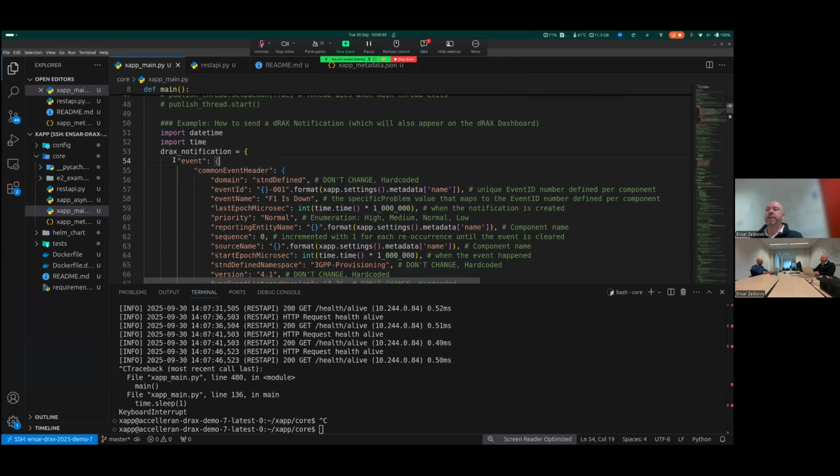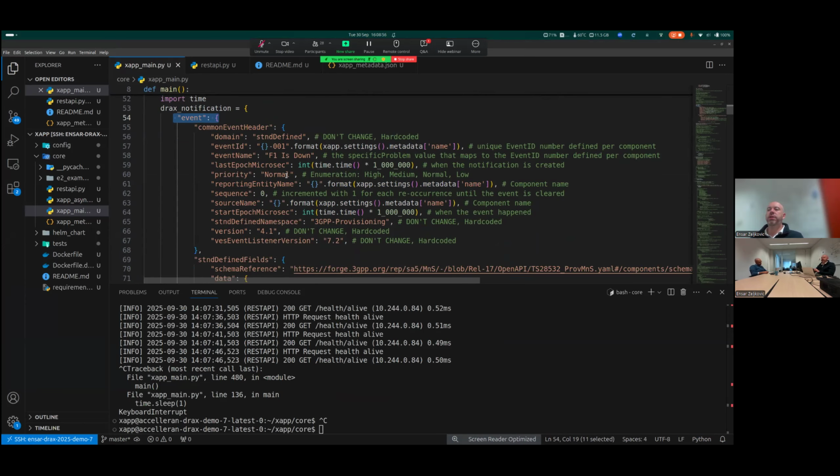It conforms to the Open RAN VES events, so there's a standardized format for these messages. That's why we can have them from the RAN, but also generate them from the xApps. There are some fields here that you don't need to change, which are hard-coded by us, and others that you can change.